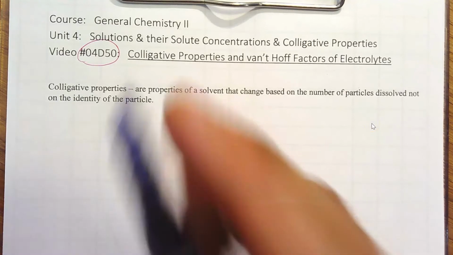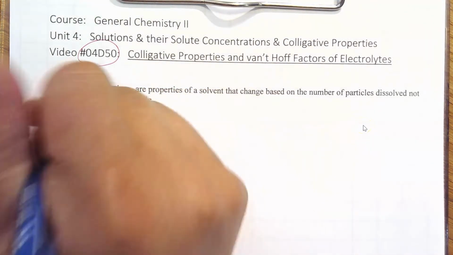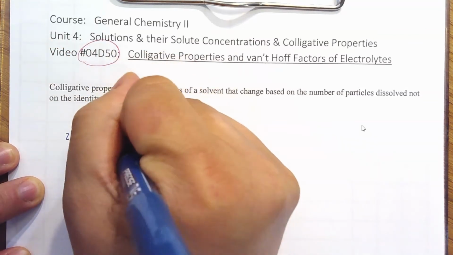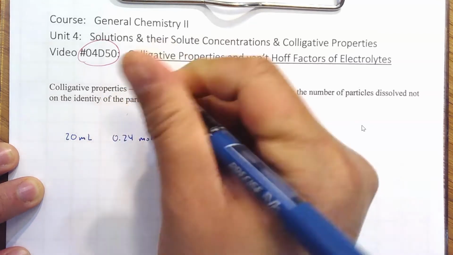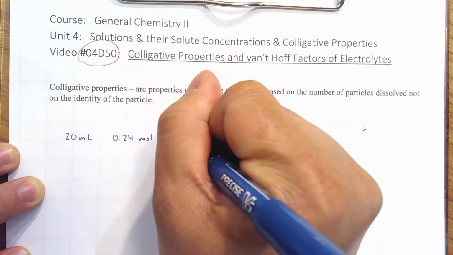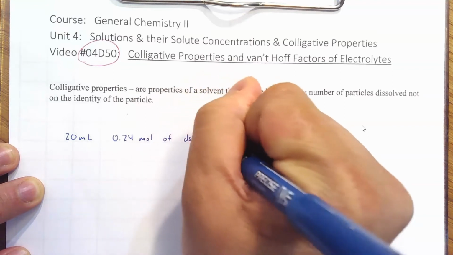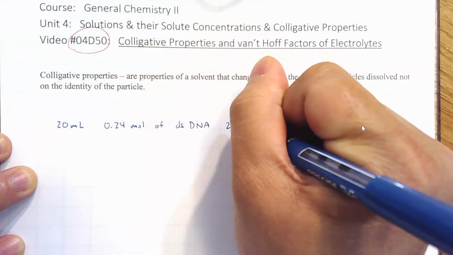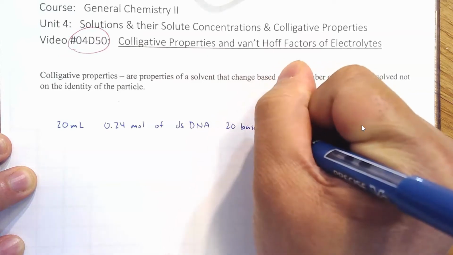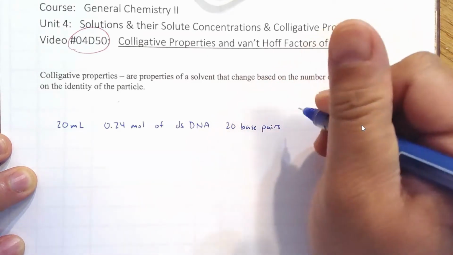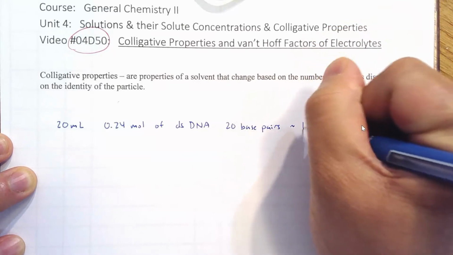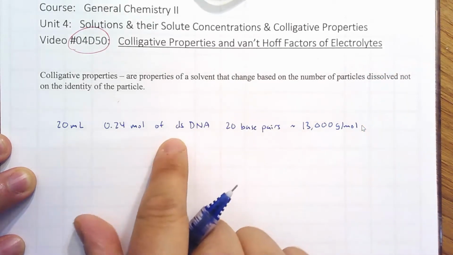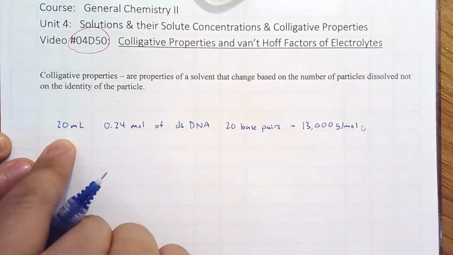So pretend that I have a solution. Let's say it's 20 milliliters of 0.24 moles of double-stranded DNA. And if your double-stranded DNA is about 20 base pairs, what would be the average molecular weight? Probably that's around 13,000 grams per mole. The way that this sample of DNA affects the water